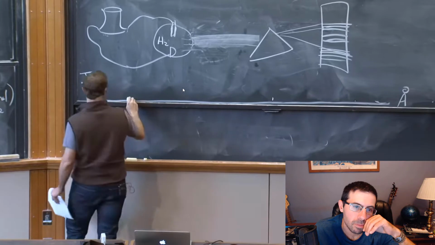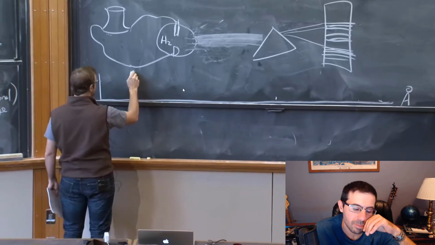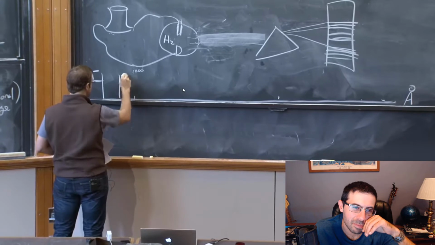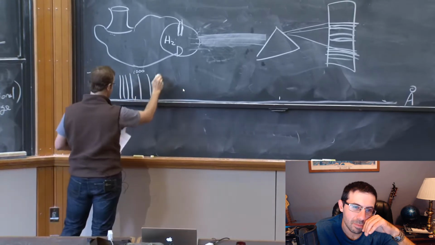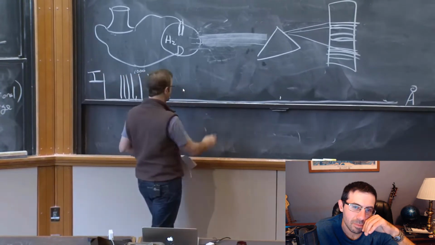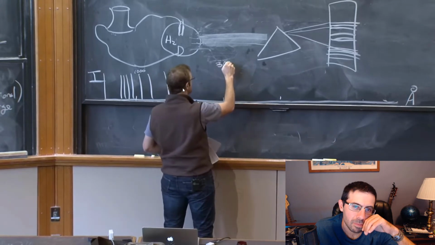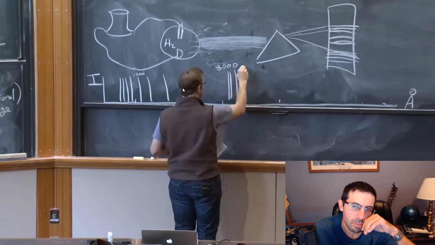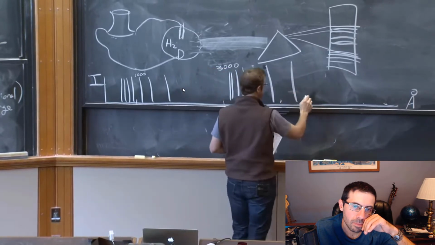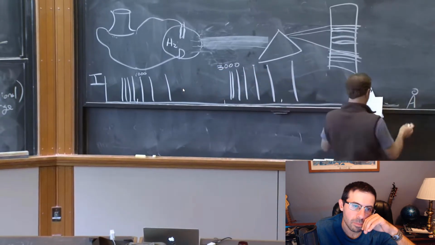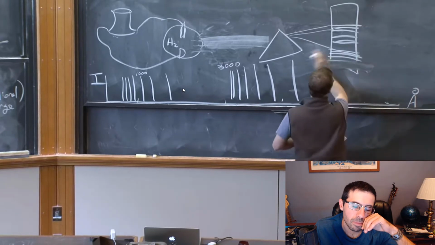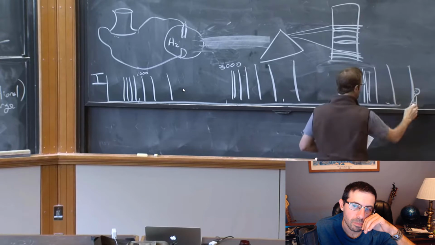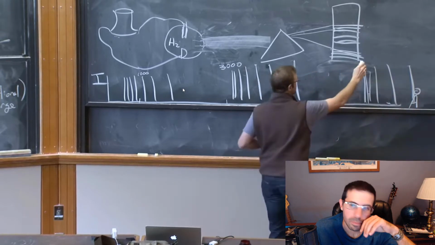Okay? And what you discover is, here's around 1,000 angstroms. You get a bunch of lines. You get these spikes, and they start to spread out. And then there aren't so many. And then at around 3,000, you get another set. And then at around 10,000, you get another set.